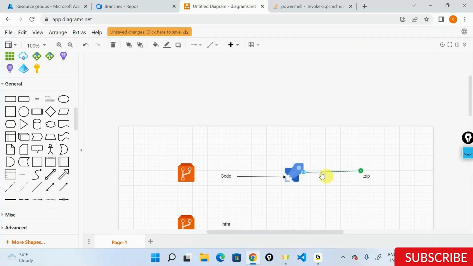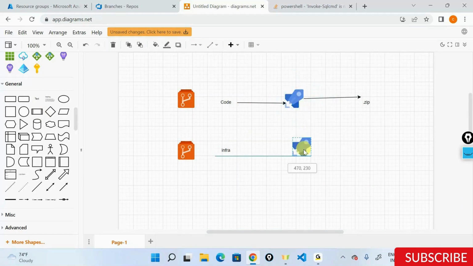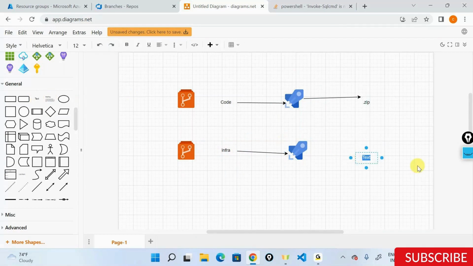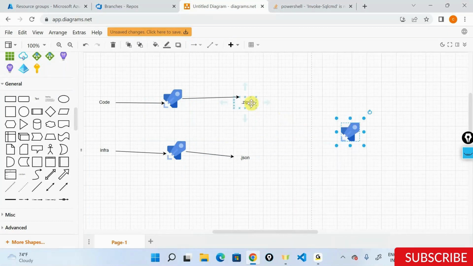And the infra pipeline, again, you have a build pipeline here or a copy pipeline here, which is giving us simply nothing but a .json file. So you have a zip, you have a JSON, and you're integrating both the artifacts inside one single release pipeline. So both the artifacts are being consumed in this particular release pipeline, which has tasks